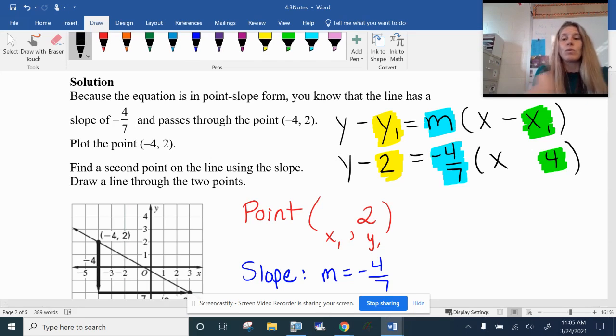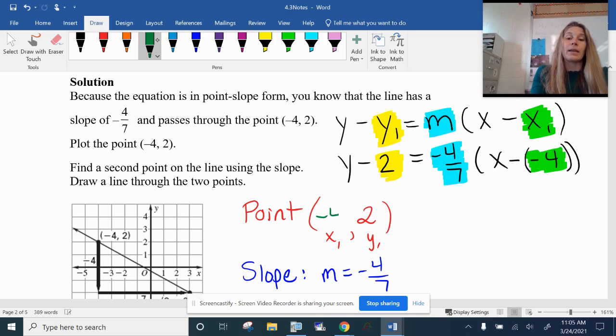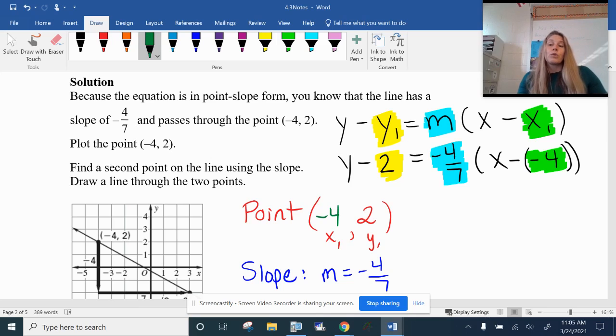If that's a plus 4, I was really subtracting a negative 4 in order to get that plus. And so really, my x1 is then a negative 4. So the way you really need to just think about it is that whatever sign you see in the example in front of that number, when you pull it out as a point, you're going to have the opposite sign